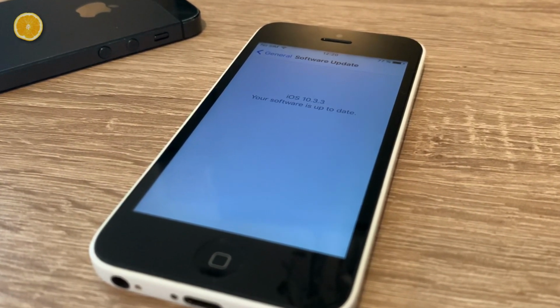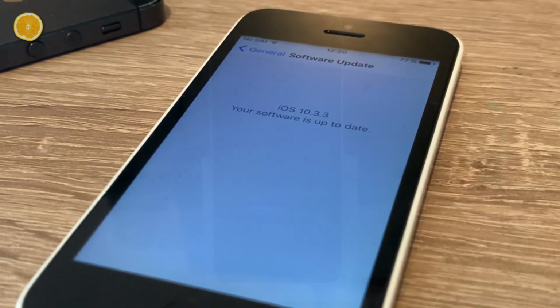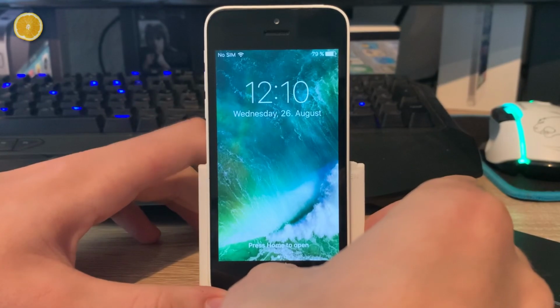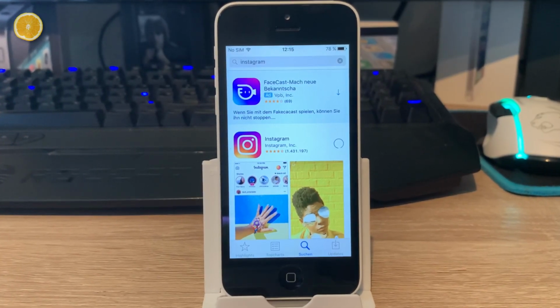But anyway, because of the processor and RAM, the 5C was discontinued with the release of iOS 11. And so it runs iOS 10.3.3 till they stopped to support it. By the way, the two real features of this phone were a better connectivity and a slightly improved battery time. And that's it. But I think I did the exact opposite of telling you why I'd buy an iPhone 5C